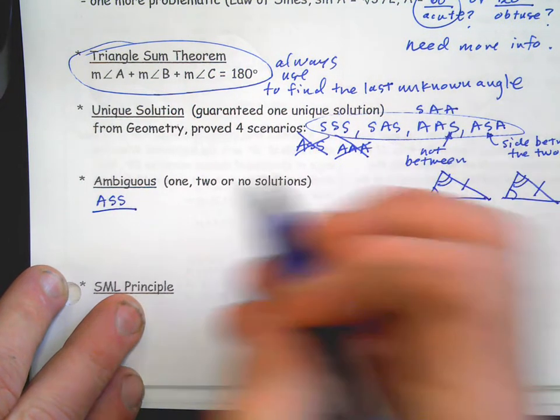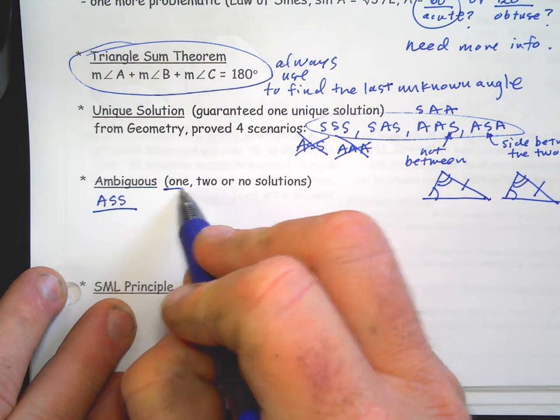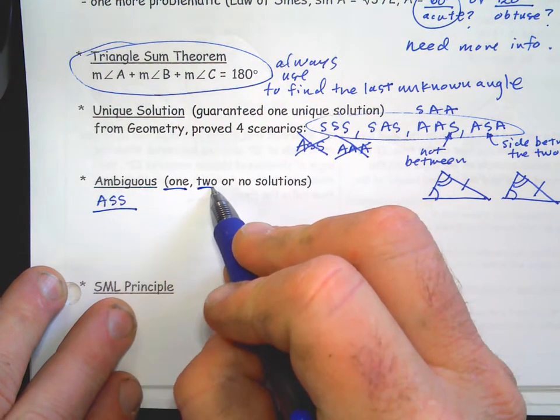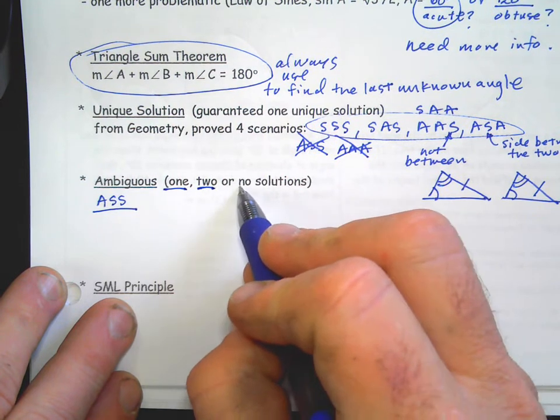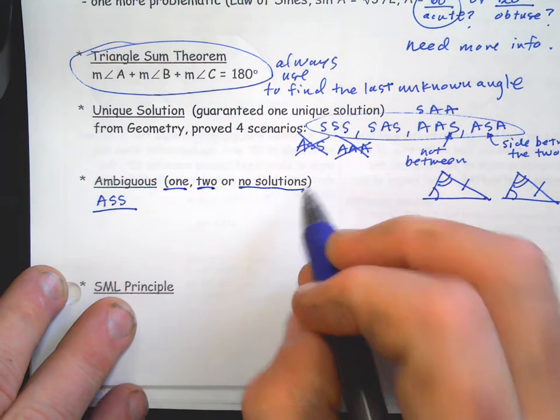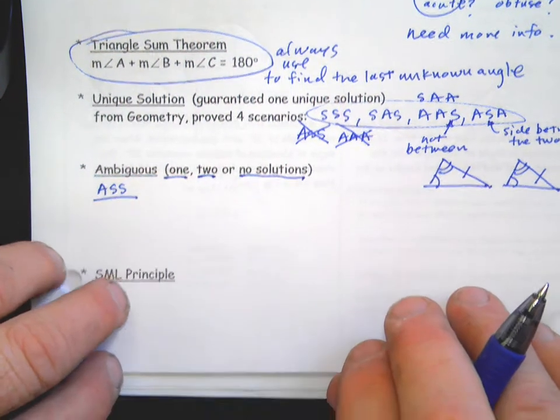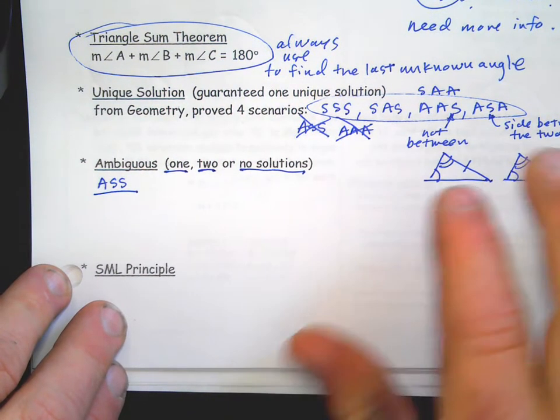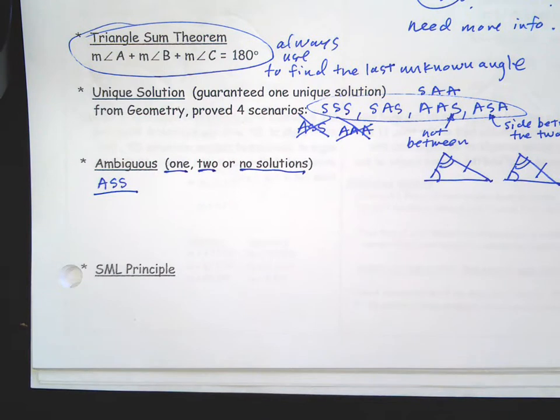Okay? Now, in the ASS situation, it could be that we have one unique solution, or we could have 2 different correct solutions, or it is possible that we have no solutions, which means it just can't even be a triangle. Okay. Now, I know I'm talking about 2 triangle issues, but I'm just connecting it to why those reasons work back in geometry for proving 2 triangles congruent. We are actually only working with a single triangle here. But